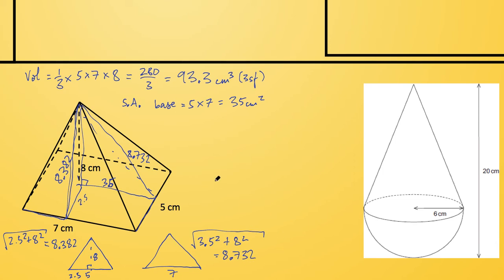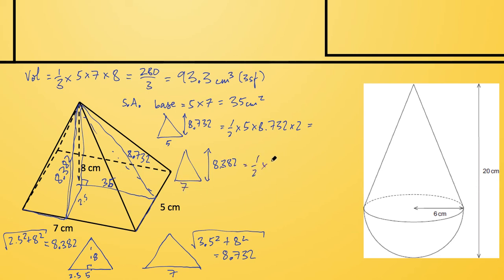Not impossible at all. So I've got my triangle now, this triangle has a base of 5 and a height of 8.732, and I've got 2 of them, one on each side. So I've got half times base times height, and 2 of them. And then I've got the other triangle on this side with a base of 7 and a height of 8.382. And I've got half times base times height of them as well, and 2 of them. So putting both of those in,